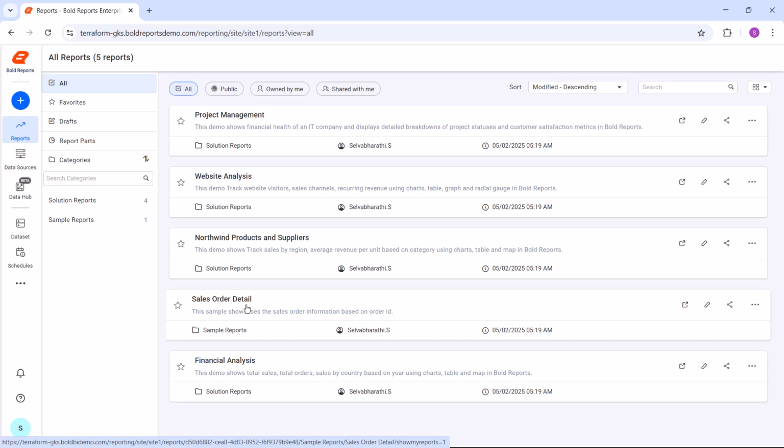In this video, I have shown you how to deploy Bold Reports on Google Kubernetes Engine cluster using a Terraform